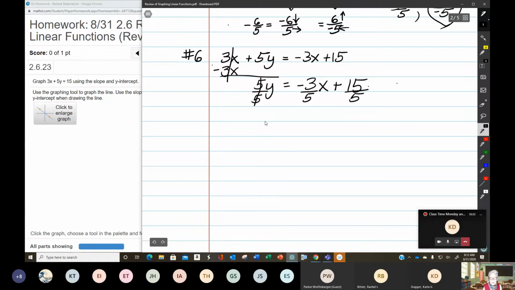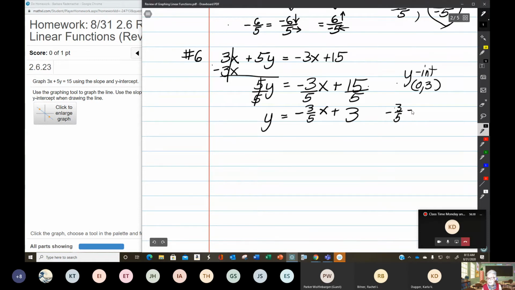These cancel, leaving me with y equals negative 3/5 times x plus 15 divided by 5 is 3. And now what do I know? I know that my y-intercept is 0, 3,